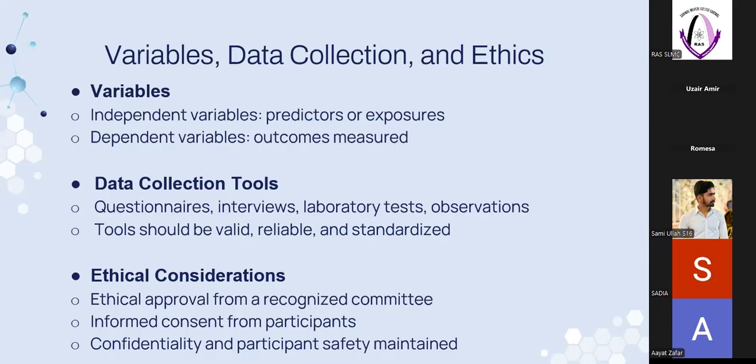Now, why are variables important? Basically, every research has at least three kinds of variables: independent variables, dependent variables, and confounding variables. I mentioned just two, independent and dependent, because these are the ones that are visible in the research. Independent variables are the ones that are the cause. We can say it like that. For example, study hours, screen time, or caffeine intake in a research.